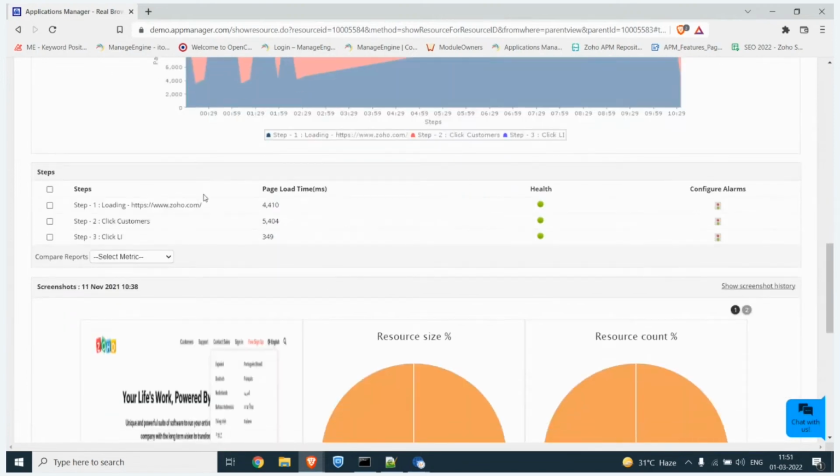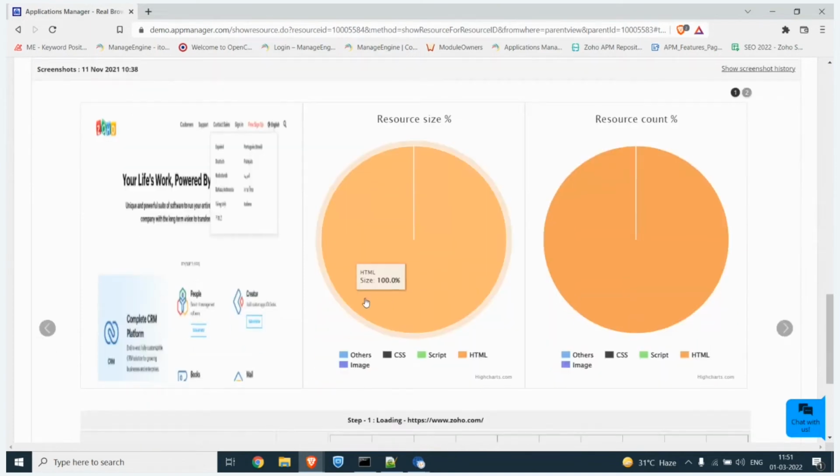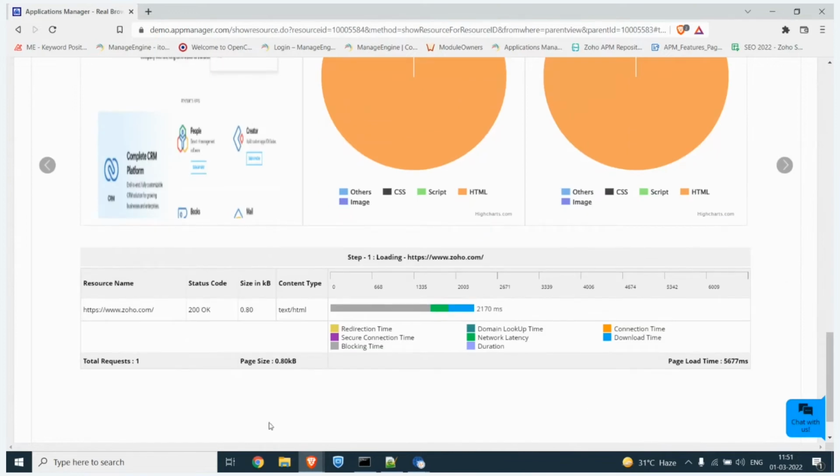And here you can see the steps and their page load time and their health. You can also choose to configure alarms for each of these. And here's the screenshot, and you also have metrics such as resource size percentage, resource count percentage. And then we have a waterfall chart wherein we have the components along with their status code, size, and content type.